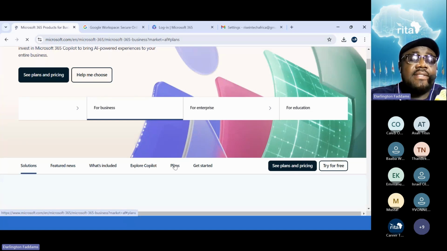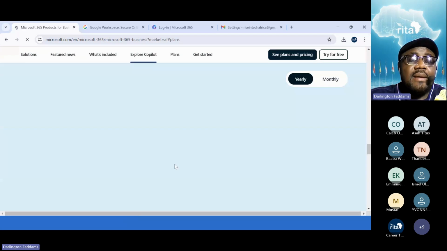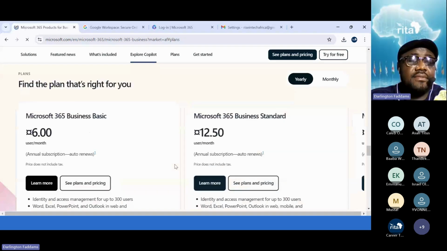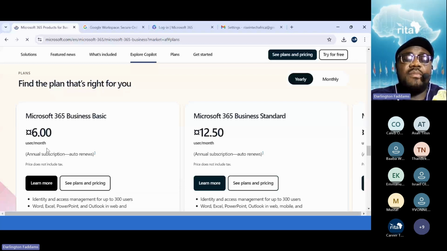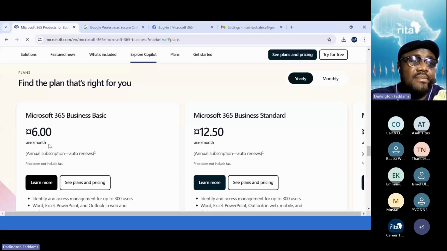With their starter package, you pay about $6. Let's see it. $6 for every user a month. So it is $6 per user per month. You can choose to pay for the whole year or pay monthly. So every month you have a bill. So all your team members, you pay for each one. If you choose a 6 USD package,